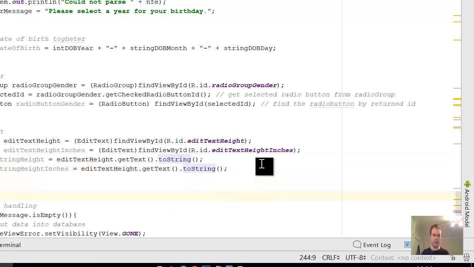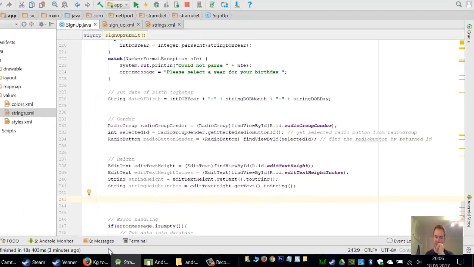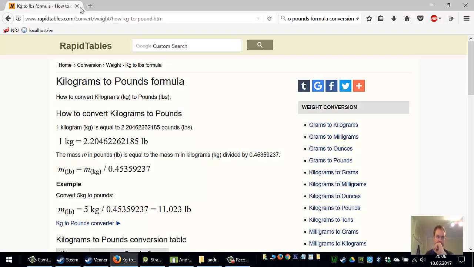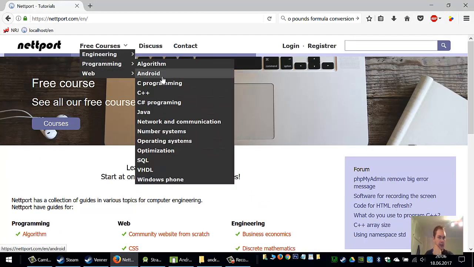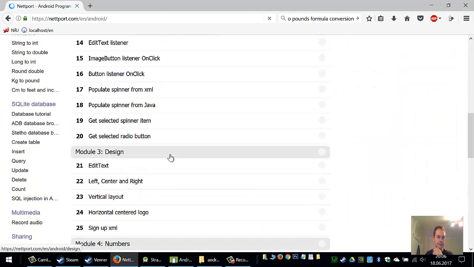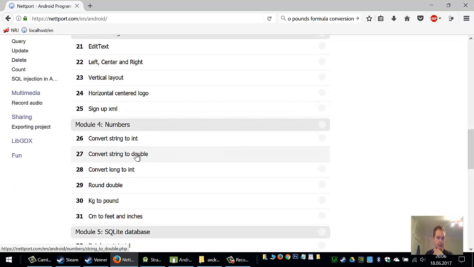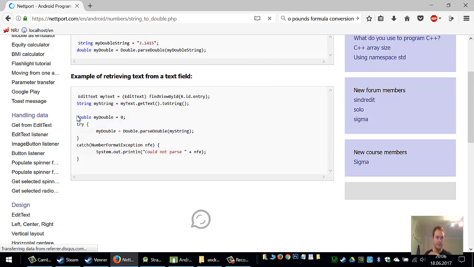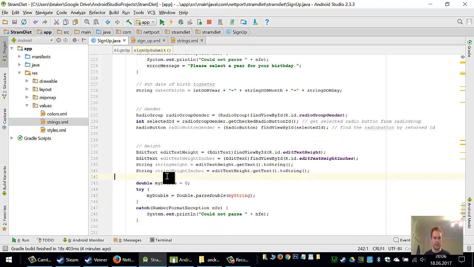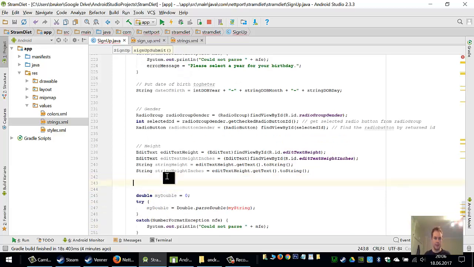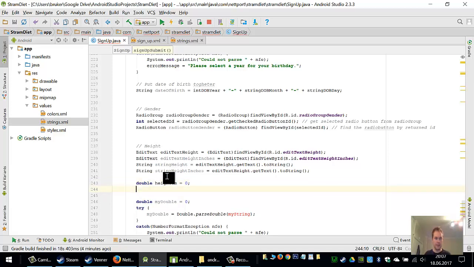Okay, now I want to check if they are actual numbers. I just want to convert them to numbers. Let me go to my website, Android, string to double. There's the code for that. And I want to just make variables now for centimeter. Make centimeter equals 0. Double height,